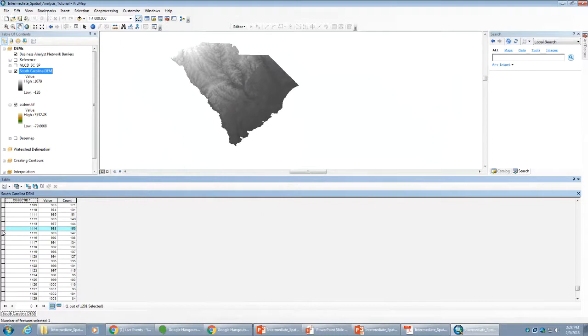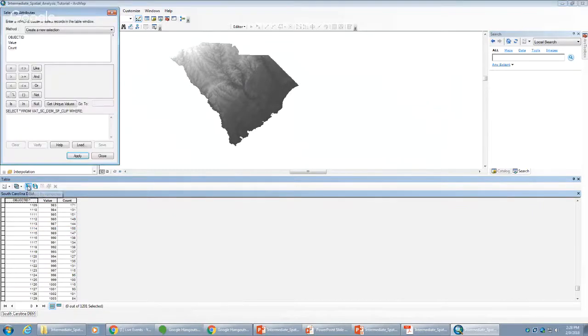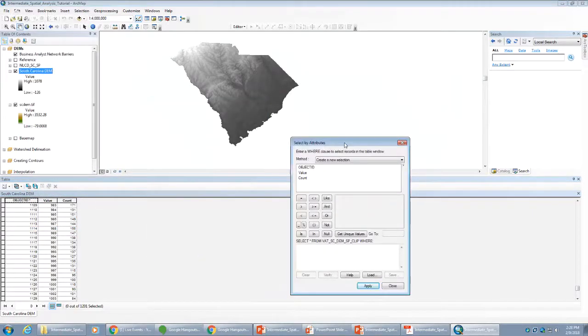You can query a value attribute table, just like you can query vector attributes. So from my table, I have the select by attributes option here. I'll first clear my selection in the table and then click on select by attributes. So if I wanted to quickly find all those areas here in South Carolina that are above, let's say, 250 meters elevation and below 500 meters elevation, I can just set up a query by double clicking on value